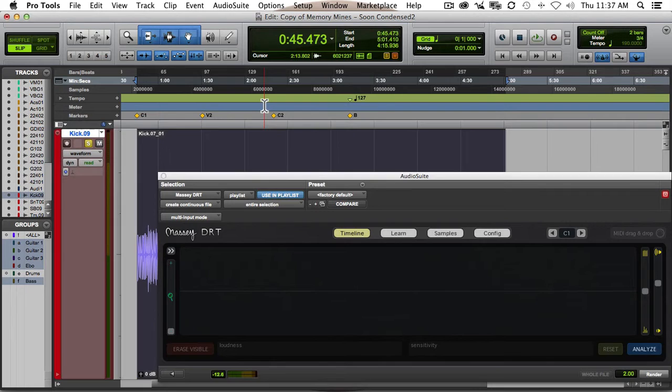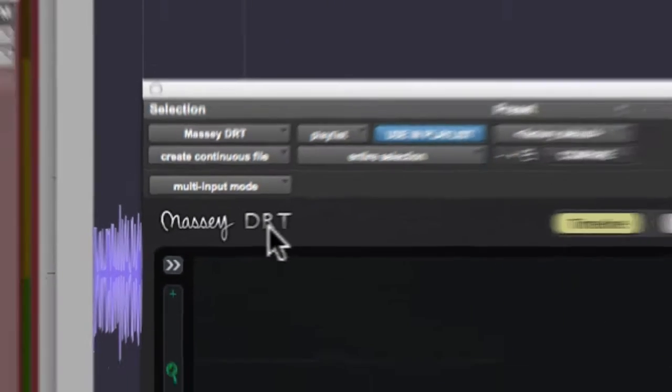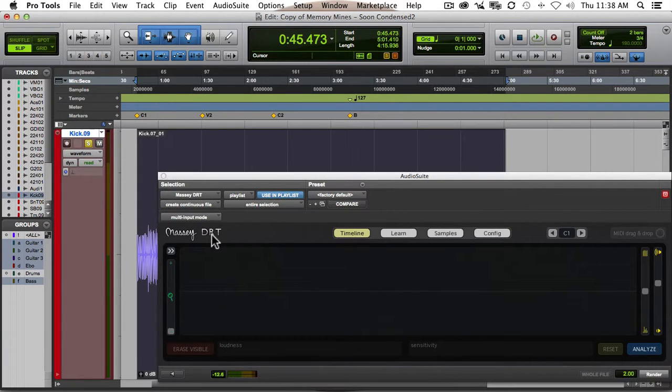I've created triggers in a lot of different ways in the past. The method I've settled on is this plugin called DRT. It seems to be the best. I use this to do a lot of different things later on depending on the song. I could trigger drum samples. If I'm doing some electronic type music, then I can convert it to MIDI and do all sorts of things